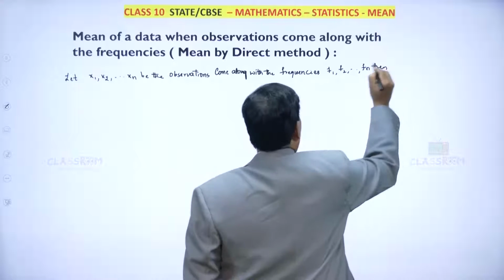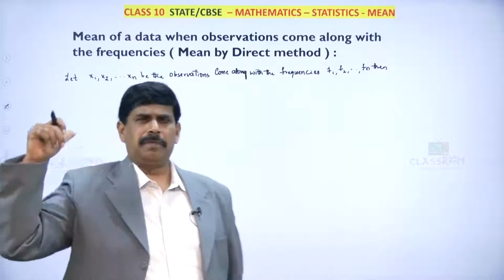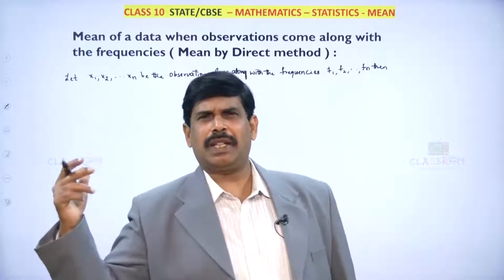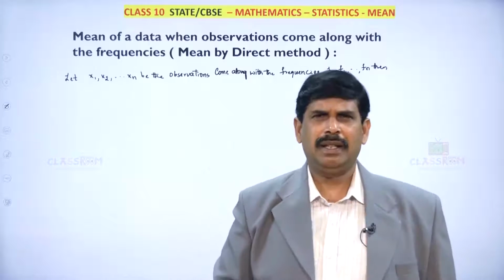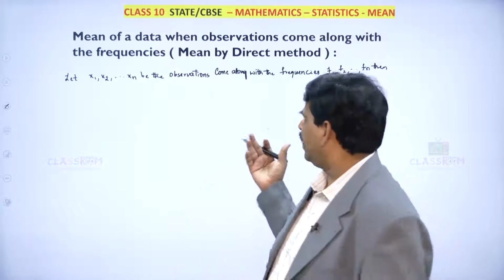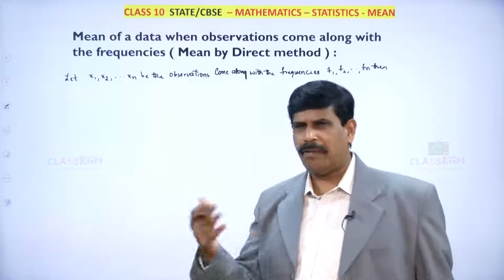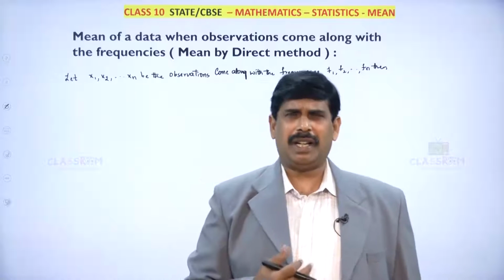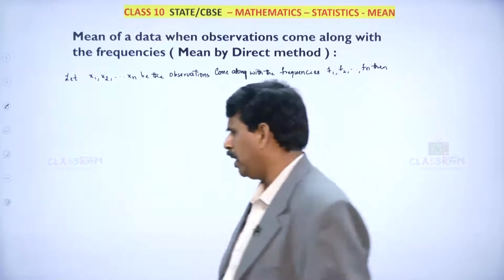The observations are x1, x2, x3 so on xn, and the frequencies are f1, f2 so on fn. The frequencies are like that. So then the mean